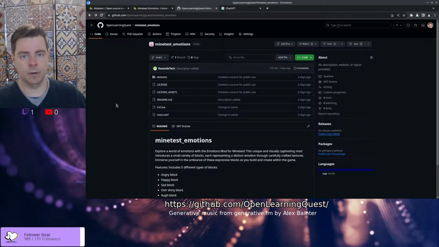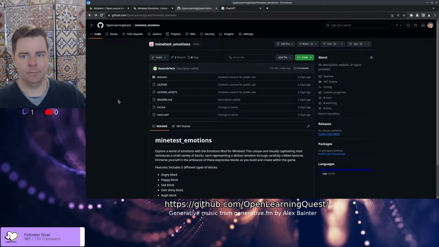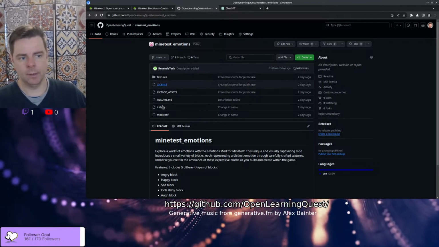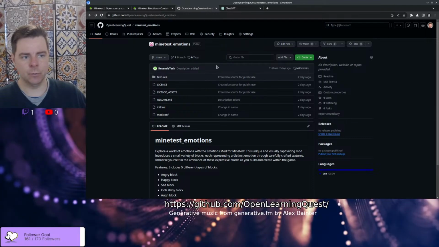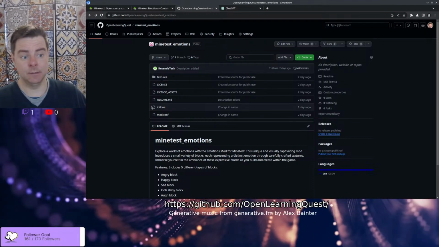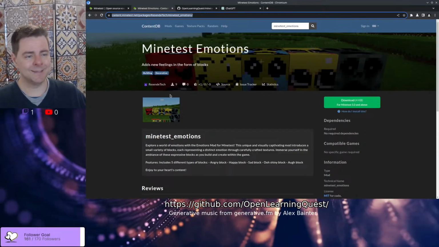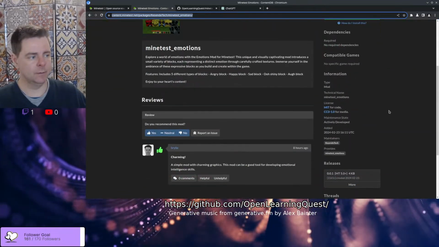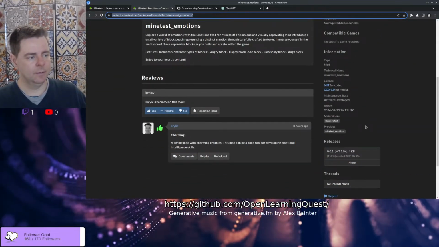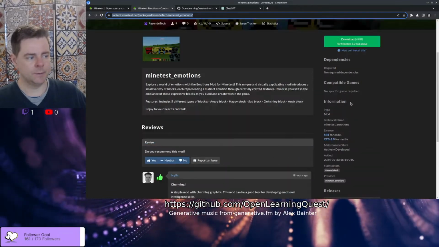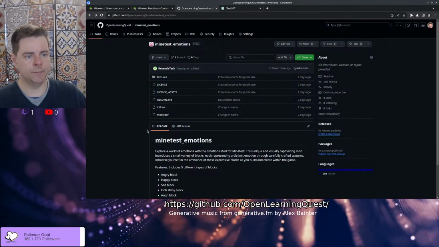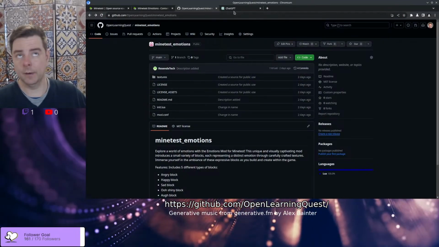Maybe there are some other mod packs that have gone in the more mono repo direction, or maybe there's a way of having multiple mods in subdirectories that, when we publish them onto the Content DB, it'll be able to tell. I don't think I saw that when we were publishing this mod though. It's kind of expecting each mod to be in its own repo.